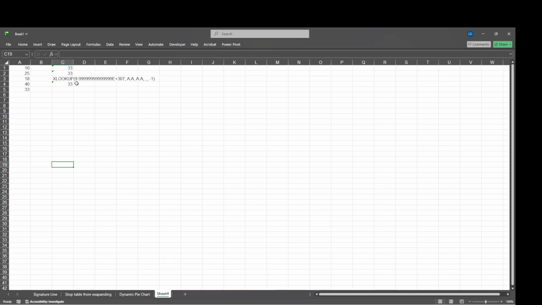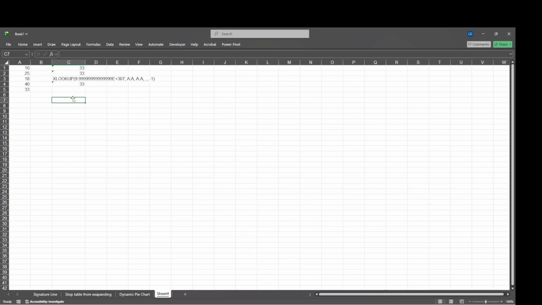To make this easier to understand, let's use a simple example in column A. Imagine the values are 10, 25, 18, 40, and 33, followed by some blank cells. In that case, the last number in the column is 33. Depending on your version of Excel and the type of data in your column, there are a few easy ways to get that result. The first method uses LOOKUP, and this is usually the best option because it works well